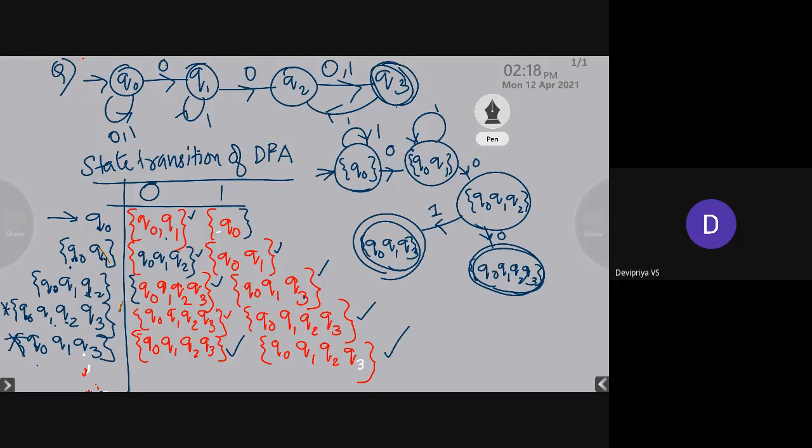Similarly, from the state Q0, Q1, Q2, it will move to the state Q0, Q1, Q2, Q3 on receiving 0. And it will move to the state Q0, Q1, Q3 on receiving the input symbol 1. And then we have the state Q0, Q1, Q2, Q3. On receiving the input symbol 0 and 1, it will remain the same. And similarly, from the state Q0, Q1, Q3, it will go to the state Q0, Q1, Q2, Q3 on receiving the input symbol 0 and 1. So thus we have obtained the DFA from the given